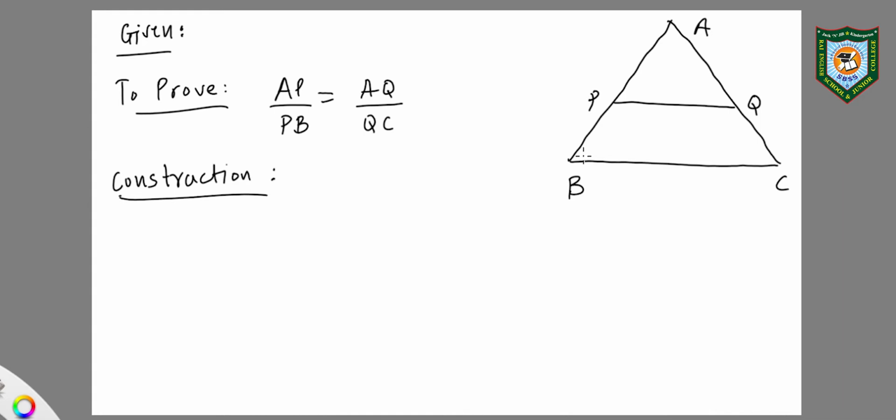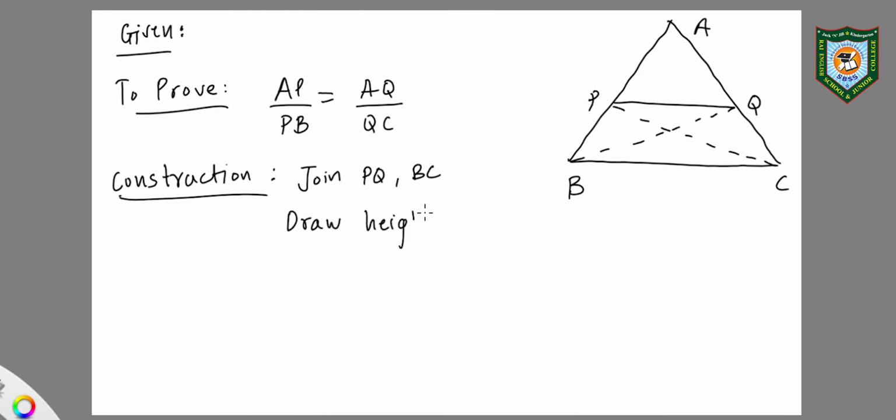One is joining BQ and PC. So I'll be joining these two by dashed line. As I said in the previous section, construction has to be drawn with dashed line. So here I write join PQ and BC. This is my first construction, and the second construction will be draw